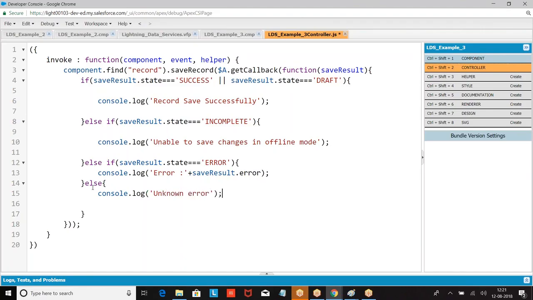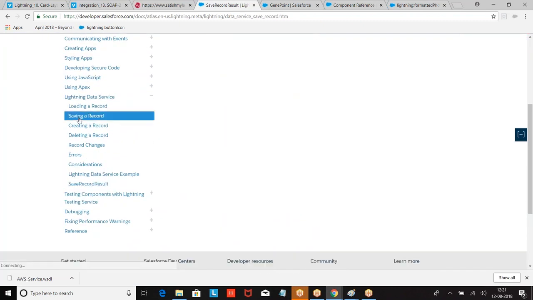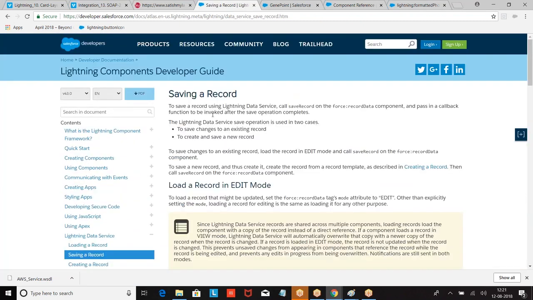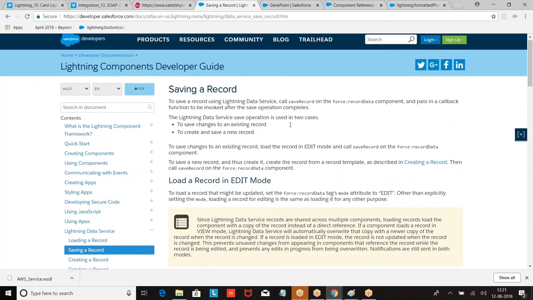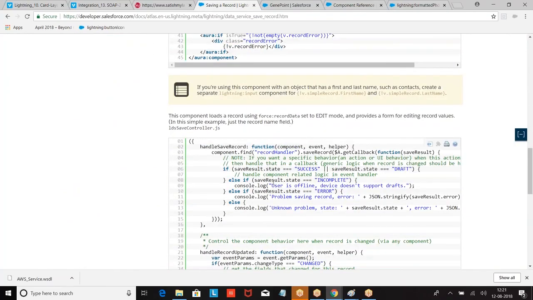Now this callback will run after saving the record, boss. When you say save record, the record is saved. After saving the record, this is the message we are printing. Like after the record is saved, I want to make some changes. That operation I am going to make in the callback. I hope you are good with this. So what we have done? Saving the record. We have saved the changes. After saving the record only, the callback action is called.